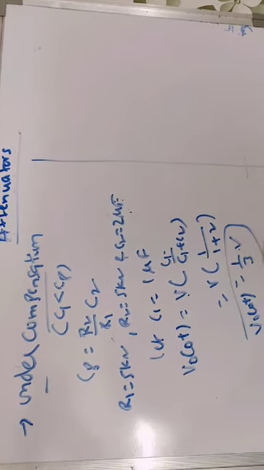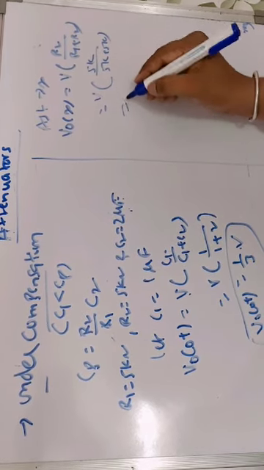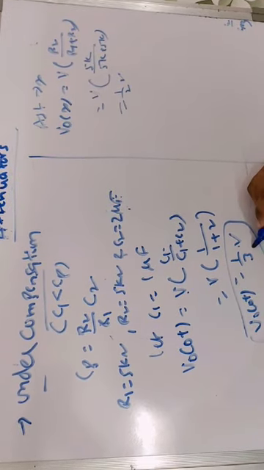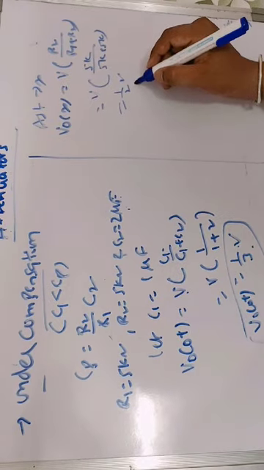As t tends to infinity, finally it depends on the resistor values. It is V into R2 divided by R1 plus R2, because finally the capacitors are open circuited. So V into the R1 and R2 values, 5k divided by 5k plus 5k. So it is 5 by 10, which becomes 1 by 2 into V. So initially it is starting with a value of 1/3 V, and finally it is reaching the value of 1 by 2 into V.